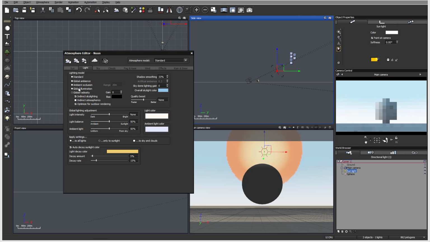And we have different lighting models. They're a little bit different from atmosphere models because they apply just to how light is coming and distributed. So again, we can start from the standard, which is the simplest to render and the fastest. Global ambience, we add a constant ambient